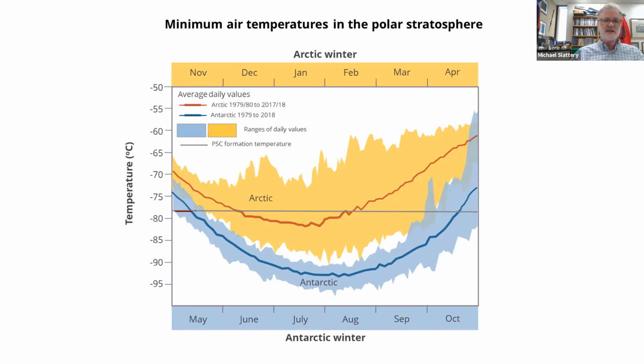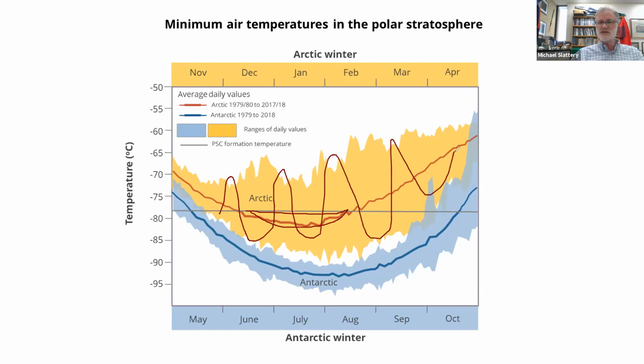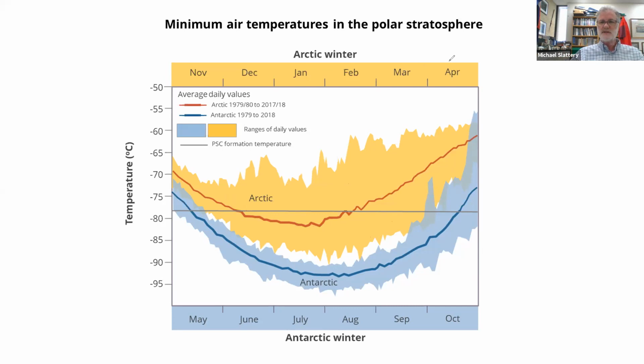Because here's minus 78. And once you get to May, look at this. Between May and September, even into early October, stratospheric temperatures are below that threshold, right? In other words, stratospheric clouds can form underneath that curve, right? As opposed to the North Pole, where it's much warmer. See that? There's just this little bit where the temperatures go below there, right? And also, the Northern Hemisphere temperatures are much more variable. Does everybody see that? The blue shading is much narrower.